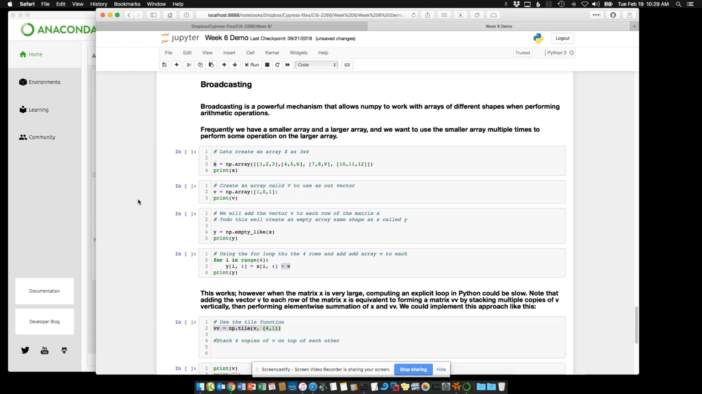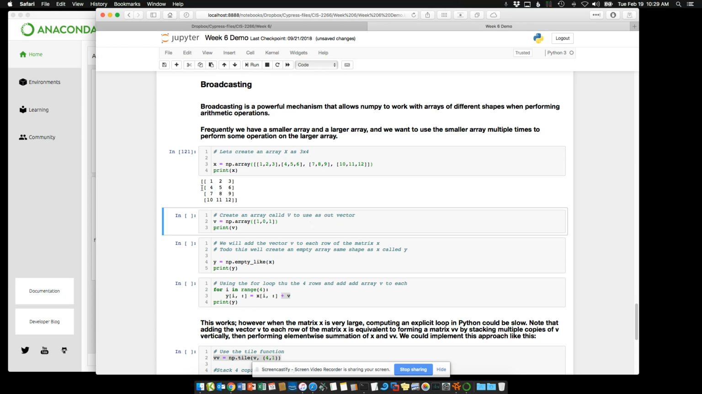Broadcasting is a way to work with arrays, to combine them or multiply, use mathematics with two arrays of different shapes. Now you could do this. Let's create one called X. This is a 3 by 4, right? 3 by 4